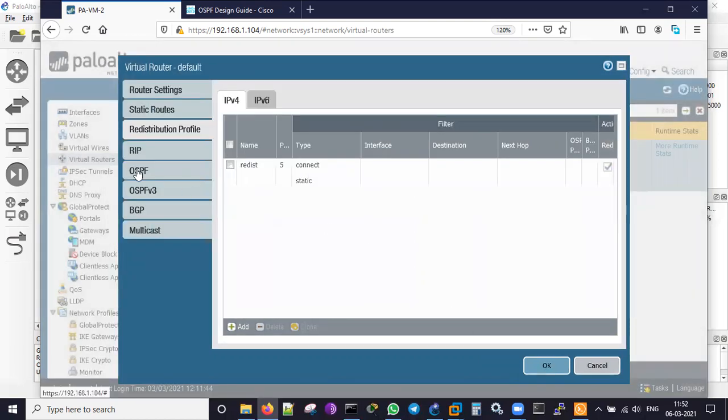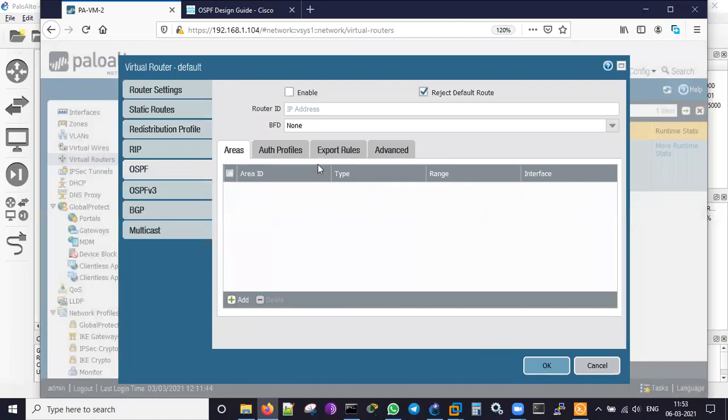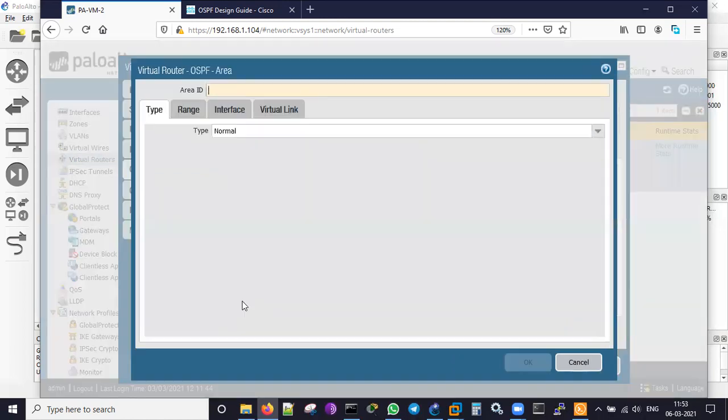I go back to OSPF. In the OSPF, the first job is to enable the OSPF routing. Router ID will be the IP address which is configured for the interface which is going to talk to the Cisco router. BFD I am not configuring as of now. Area we have to configure. Area is nothing but 0. But normally in a Cisco router we configure area 0 like that, and here it doesn't take that. We just need to give it in IP address format. So I'm giving 0.0.0.0, and now it's not showing any red color.